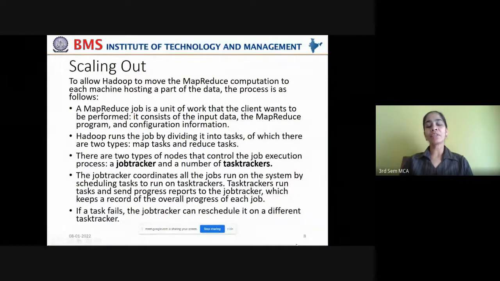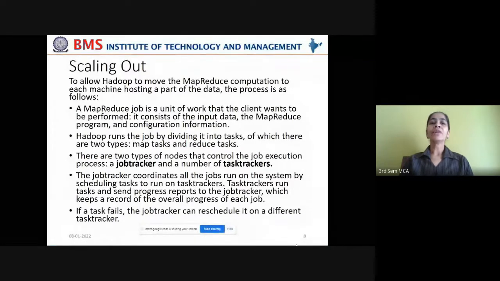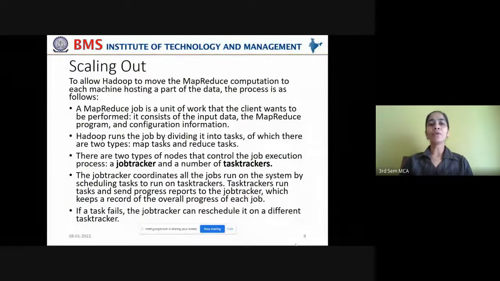Now let's go to the next topic, scaling out. How to scale out this? We have written the mapper class and reducer classes to execute the job at a smaller scale. But how to scale it out so that it can execute on a HDFS cluster while processing large amounts of data? You know the scale of data in NCDC dataset, right?